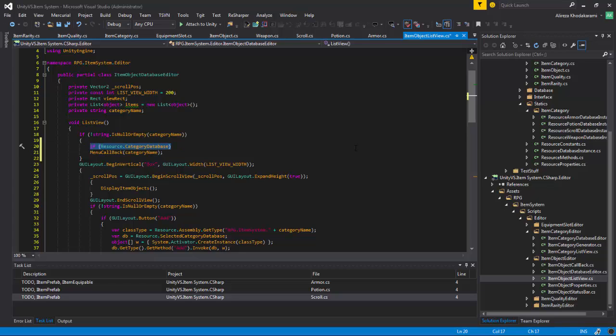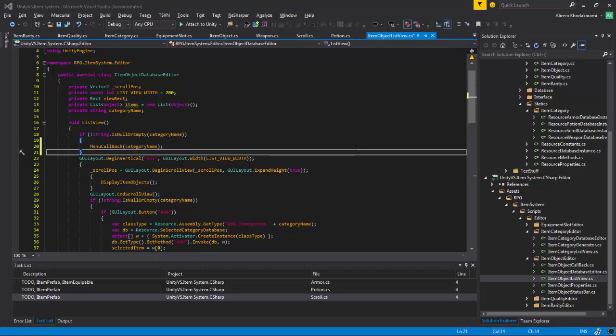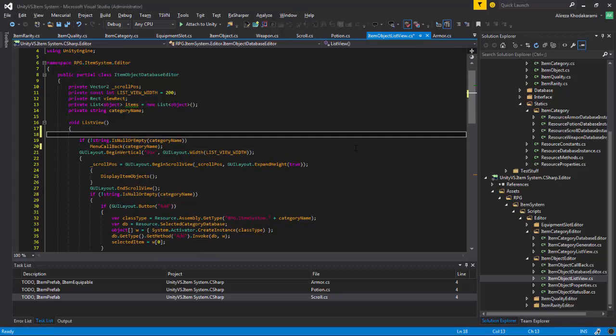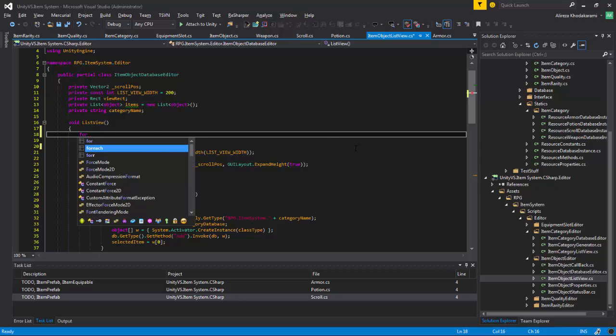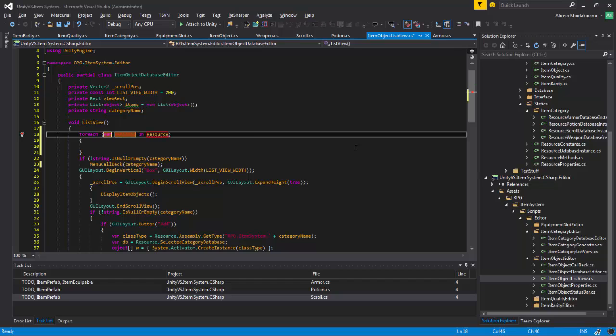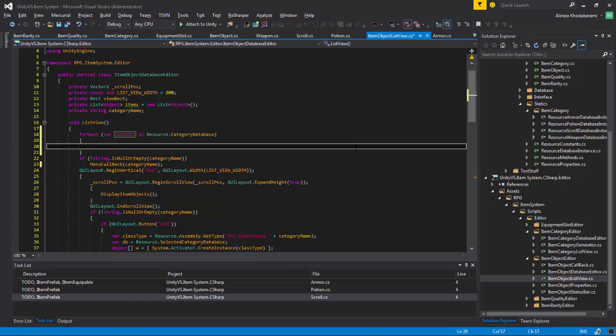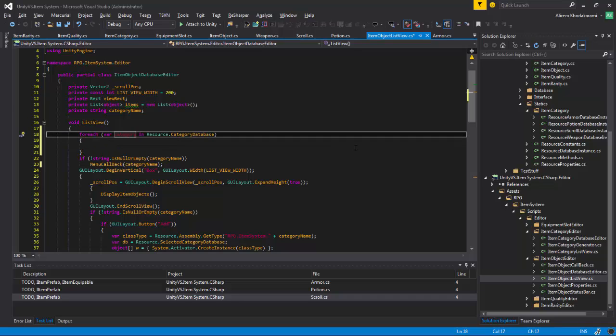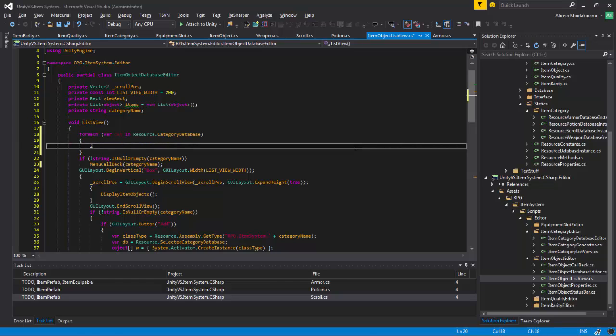We need a for loop, and you don't even need this thing here inside list view. For each inside resource dot category database, var and not var, okay, category, or I should say cat because we have the category somewhere else. Okay, we say if